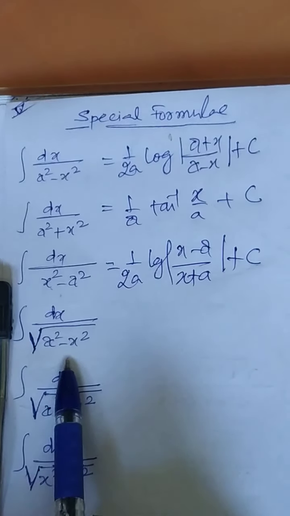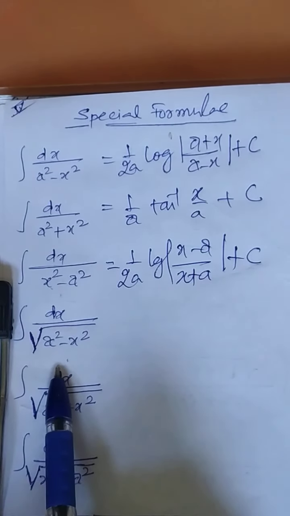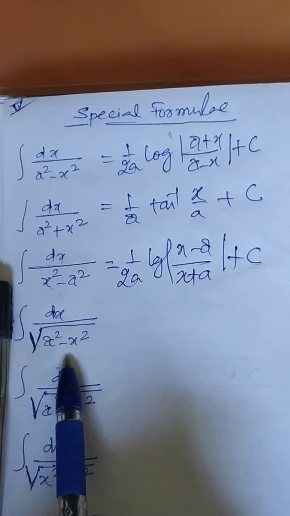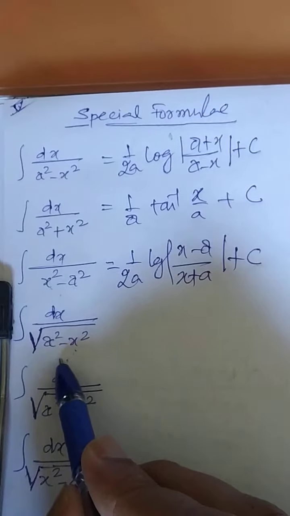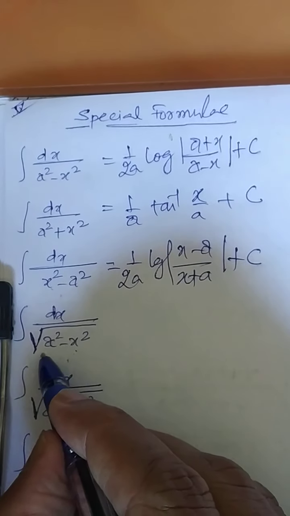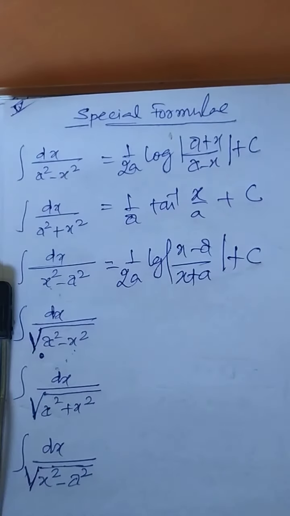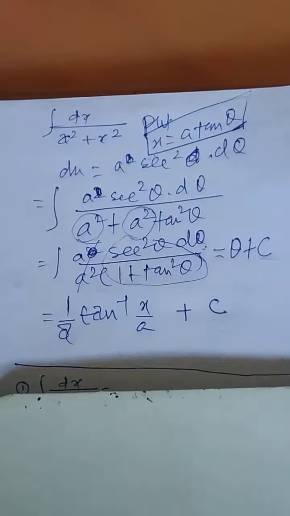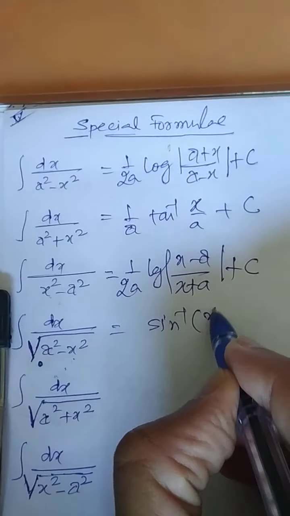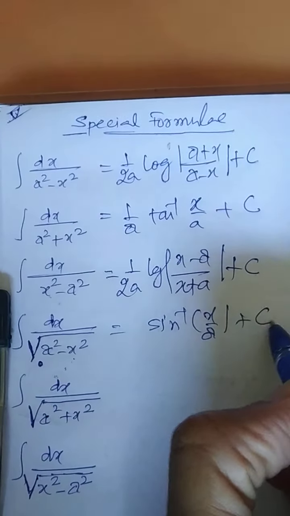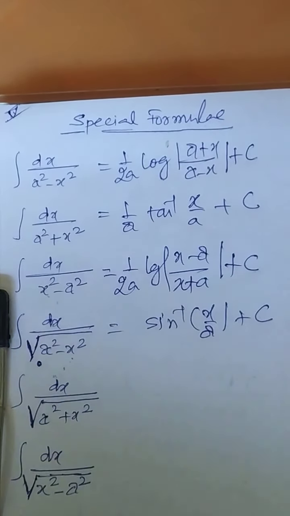This question I am just giving you the method. This question you can try with putting x is equal to a sin theta. Write down the thing. X will be equal to a sin theta, and you can just practice, do it the same way as we did now about the tan. So you will be getting the answer of this as sin inverse x by a. Check properly. You should get sin inverse.